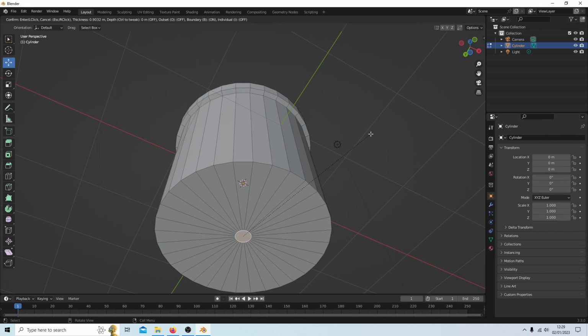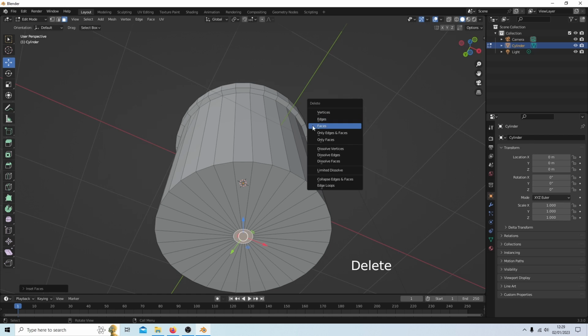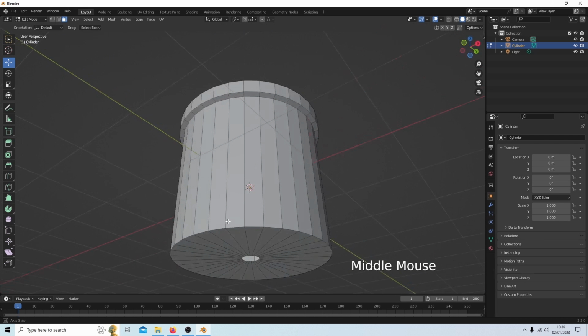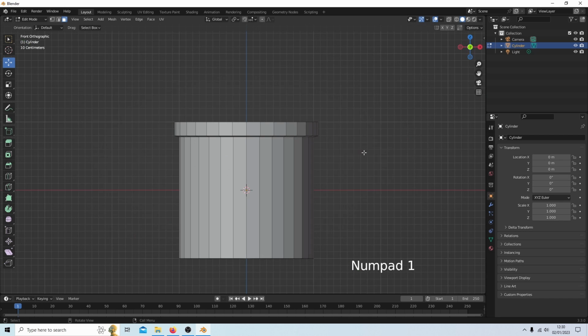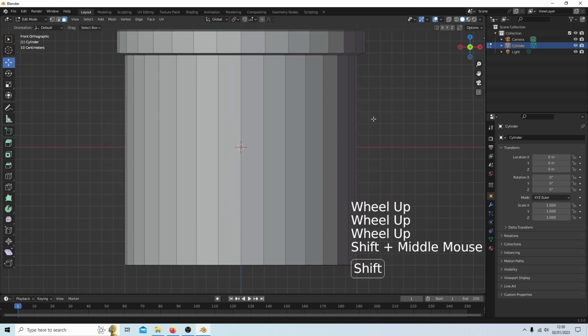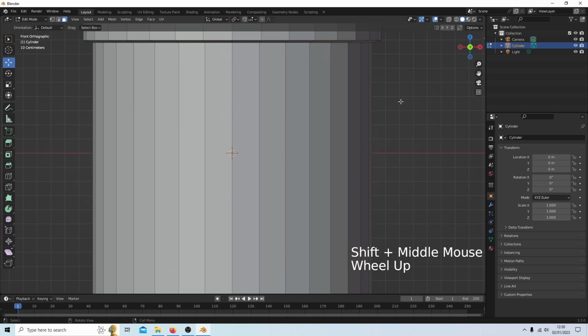This isn't an accurate science. This is just showing you the basics. So I'm going to just inset this to here, left click to accept, hit delete and select faces, and this will create a hole. And the only other thing you need to do, which I probably should have done before I created the hole, but we'll carry on, is again